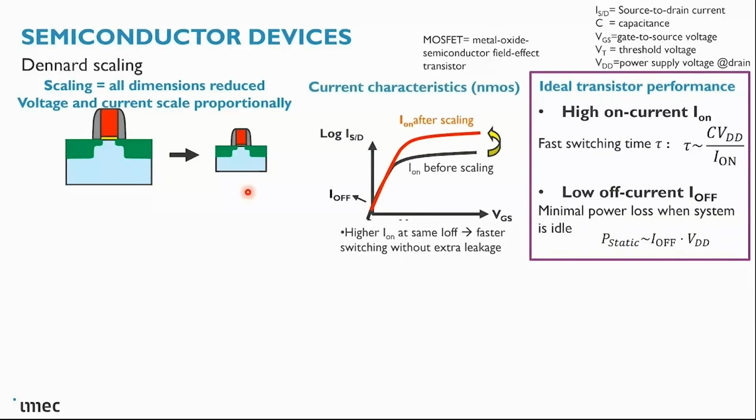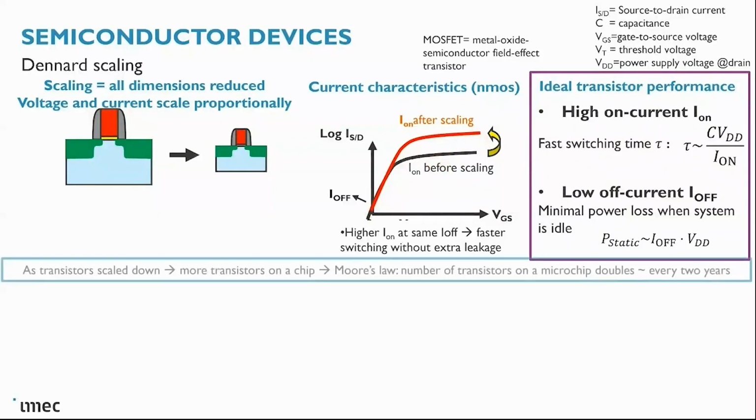So if we look at the current characteristics here, before scaling and after scaling by reducing dimensions, what we obtain is a higher I-on current, but the same I-off. So faster switching, but without extra leakage. And so as transistors scale down, we can also have more transistors on a chip,